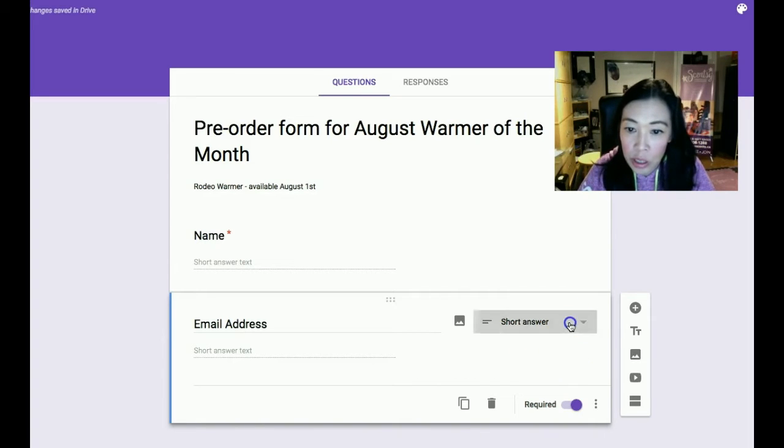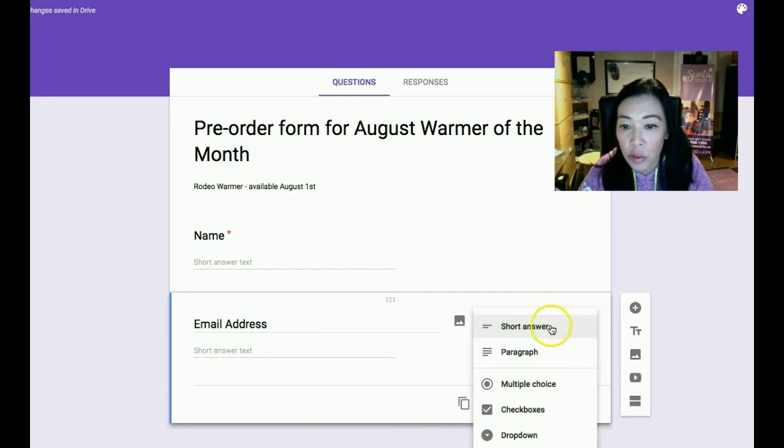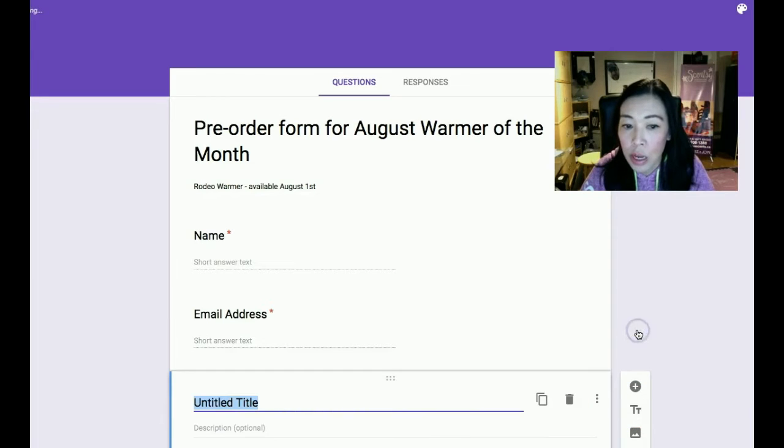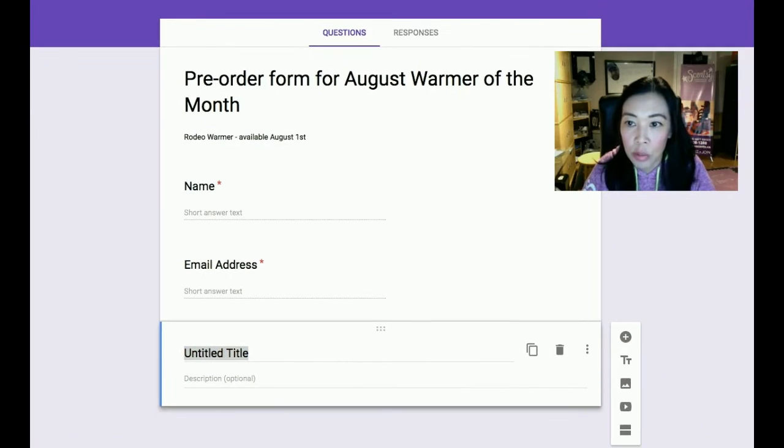Now you can change this if you want to change the format of the things that you're asking. We'll get to that later. So for email, I want to add a description. So I click this here, add title and description on the right hand side. I'm just going to expand this a bit. There we go. And I'm just going to say email,